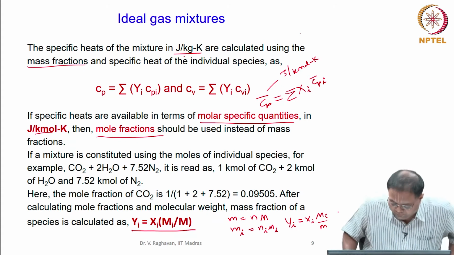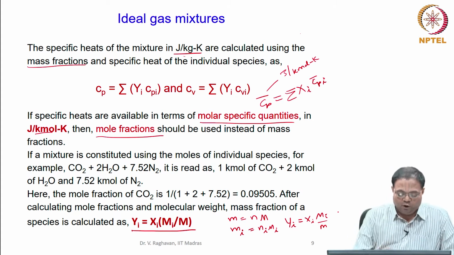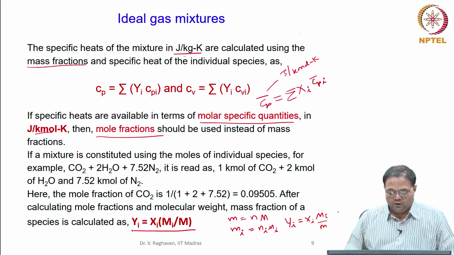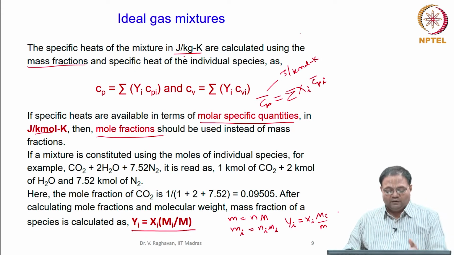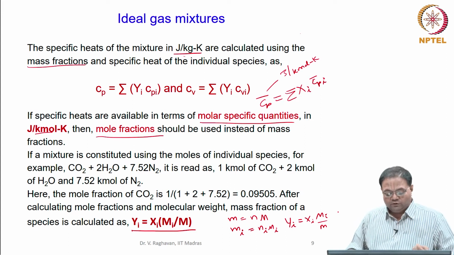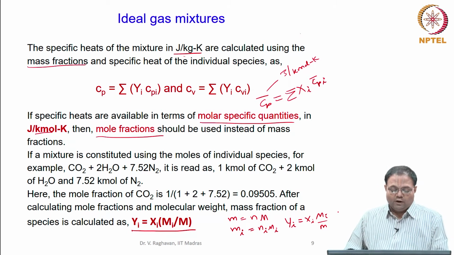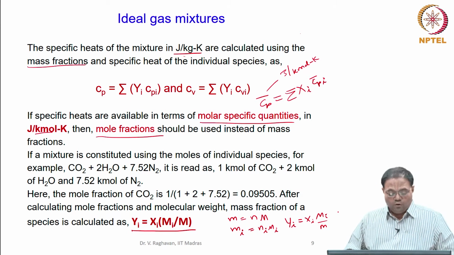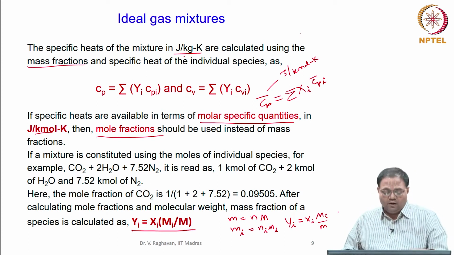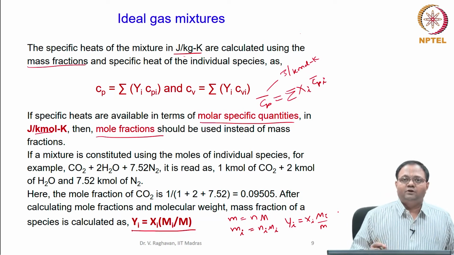Now, let us consider a mixture of products coming out of the combustion of some fuel. Typically, when you combust methane with adequate air, only what is required for full combustion, you get these products: 1 mole of CO2, 2 moles of H2O and 7.52 moles of N2. We will define why I get this later, but these are the products I have, at some temperature T and some pressure P.